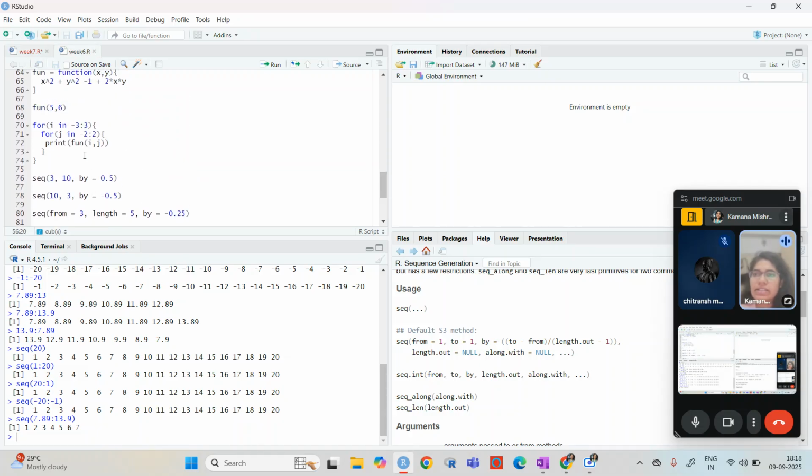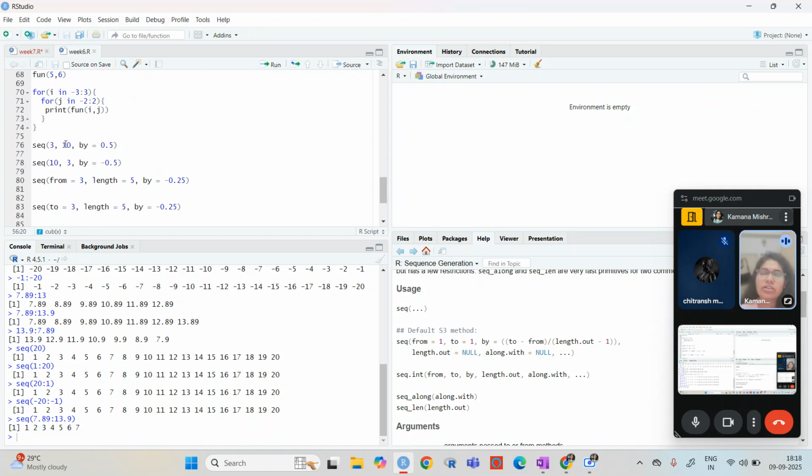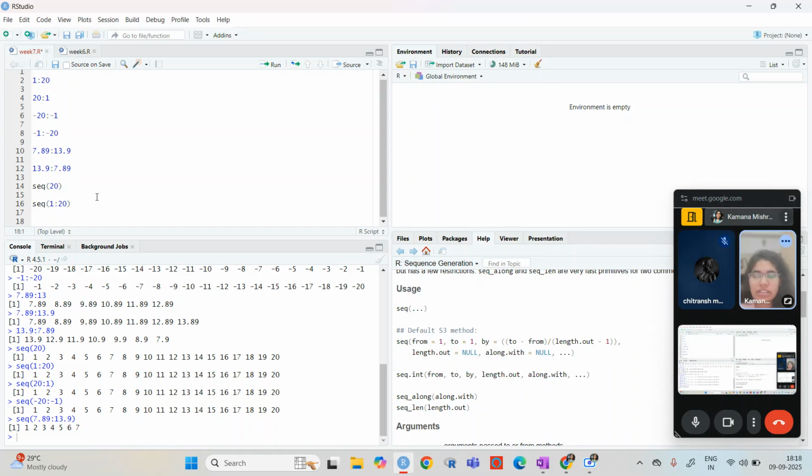In the last class, we have seen some formats: if we have the increasing one, we use the by as a positive value. If we have the decreasing one, we use the by value as the negative one. And then we can give from, to, and like this, or to or from, like this. Okay, but in the last class, like